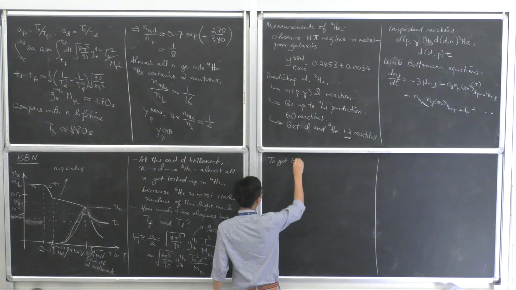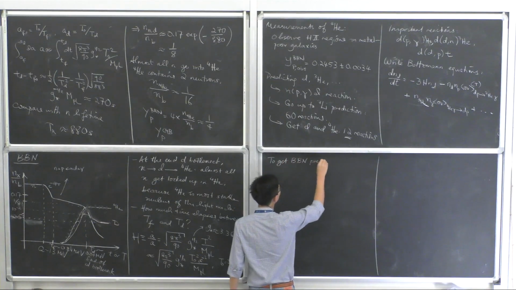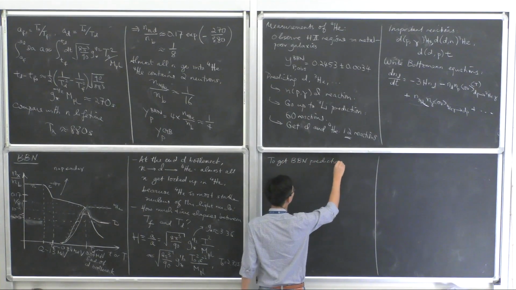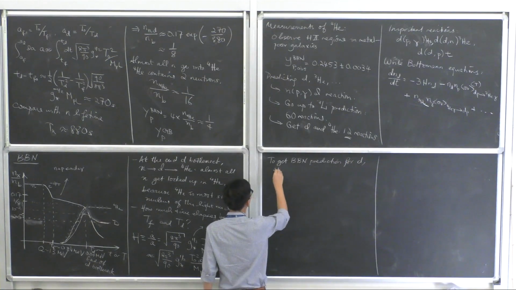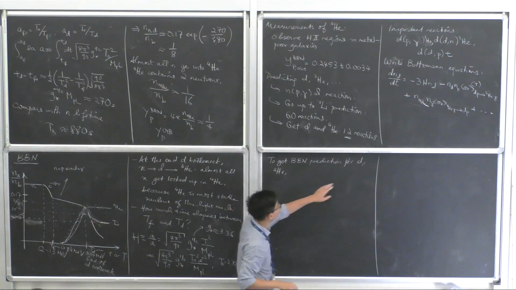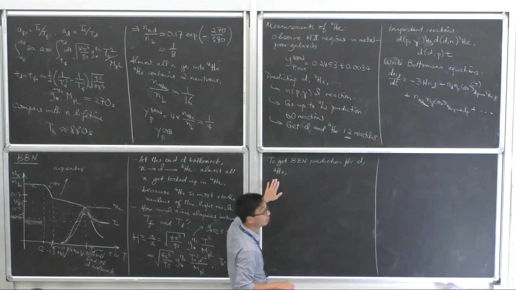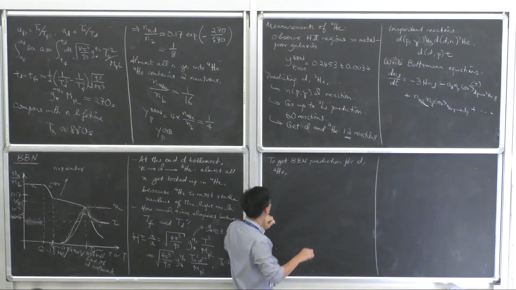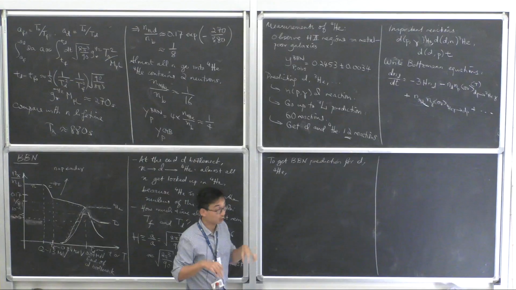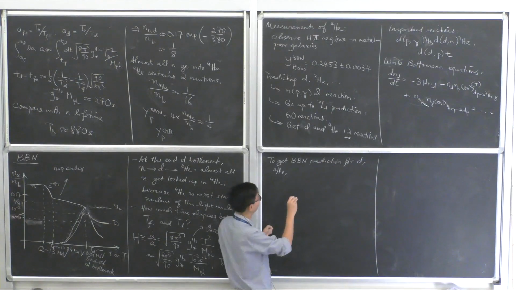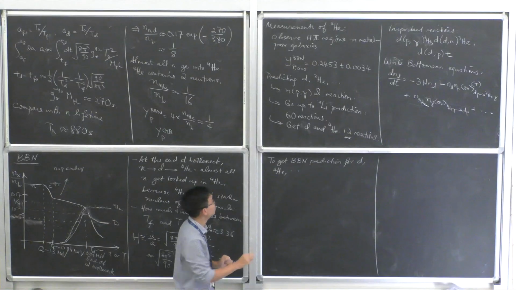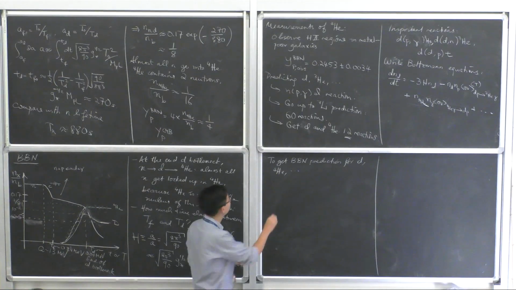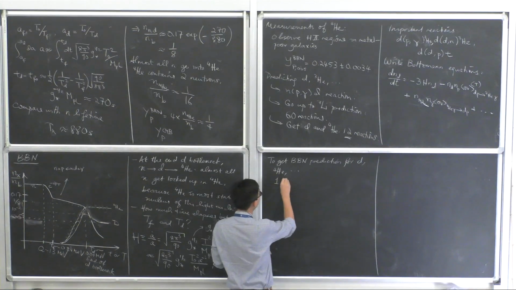To get a BBN prediction for D and helium-4, these are the two that we have experimental measurements of that are very solid, or more solid than others. But you also can get predictions for the rest. You need a few things. One is the neutron decay lifetime,